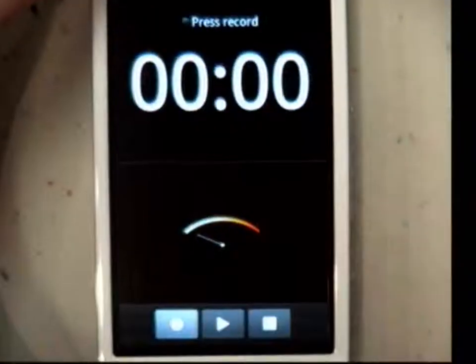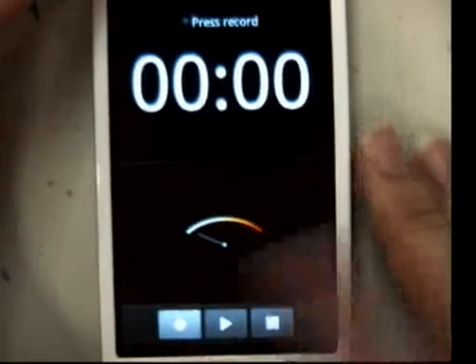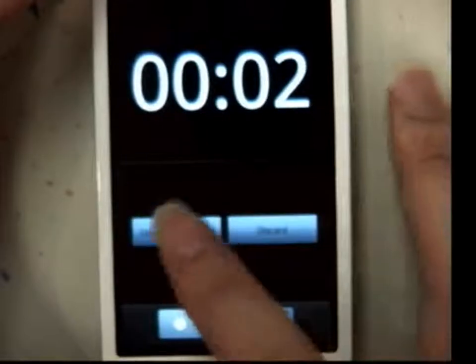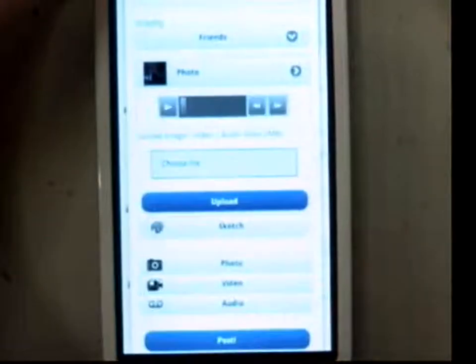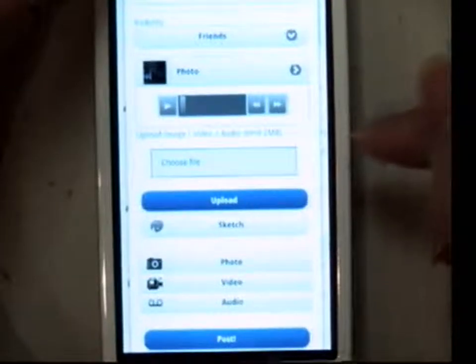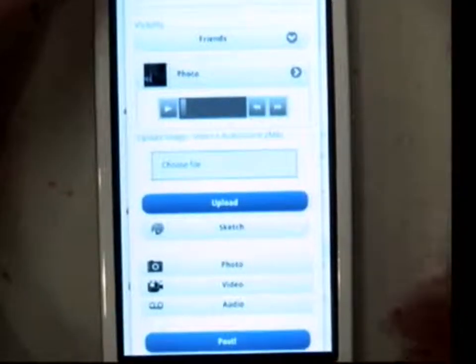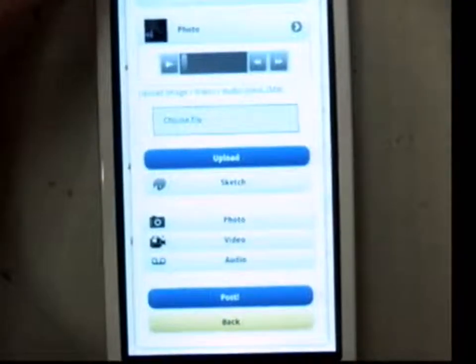This calls up the phone's native feature, so I can record and use this recording. It then appears here as an attachment, and you can actually play it back to hear it. The same goes for the photo and video as well. So to make a post, all you need to do is post it here.